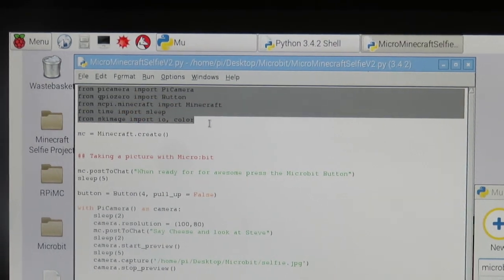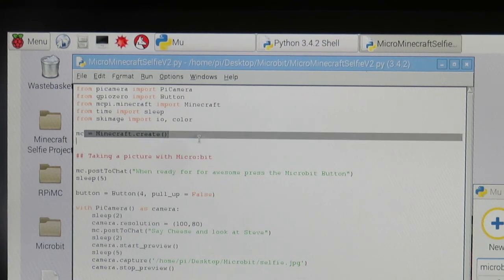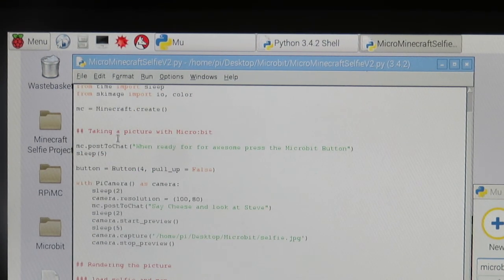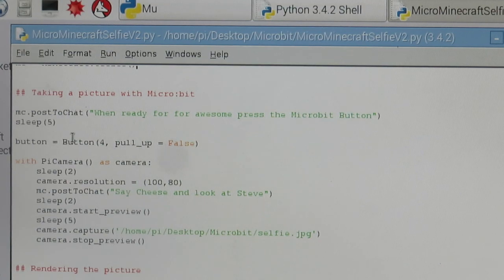These, we're just loading in the libraries. So we're getting the camera turned on, we're getting the GPIO 0 library turned on, the Minecraft library, the time library, and this one here, which is going to allow us to do some image converting from our selfie to the Minecraft world. Then we'll open up our communication channel here with MC equals Minecraft.create. Then we're going to take the picture. And so that's what this section of code is right here. And what we've got going on is